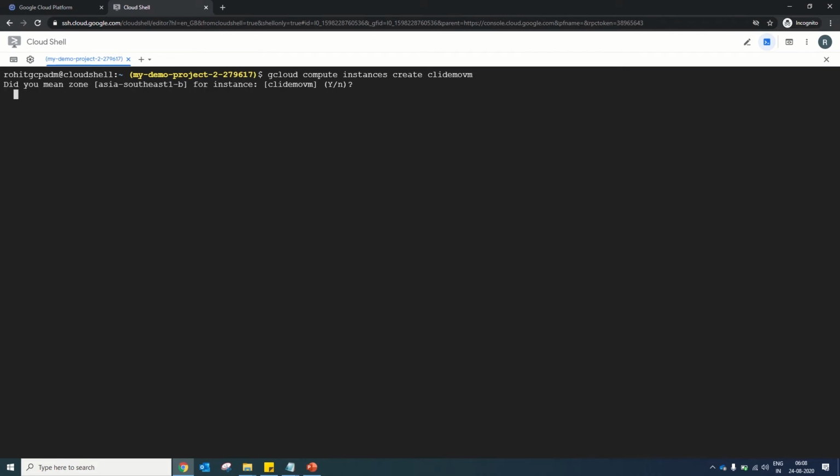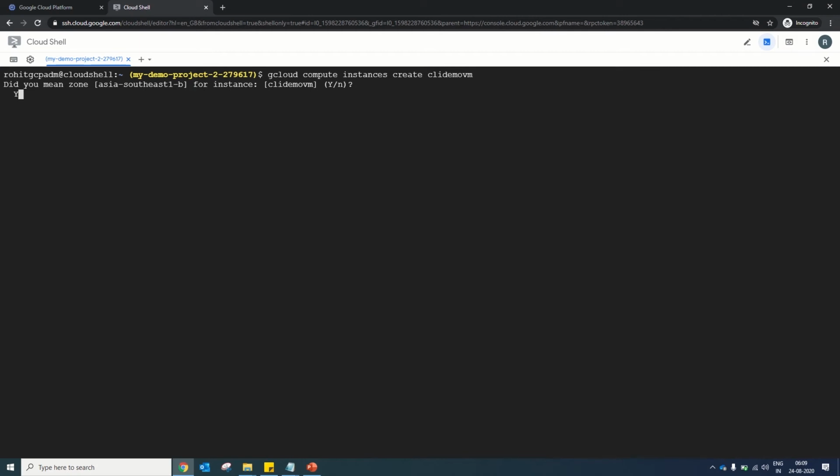When you click enter, it will take configuration details according to the project selected, my project demo 2, and the rest of the details Google Compute Engine decides itself, because at the time of machine creation we see that the zone or the boot image is automatically selected as a default one. So here it will work on that. In case you want to configure a different machine option or a different boot file or different OS image file, then you have to select those options using the parameters. So first we will create this simple VM, then we will create one more VM specifying those options.